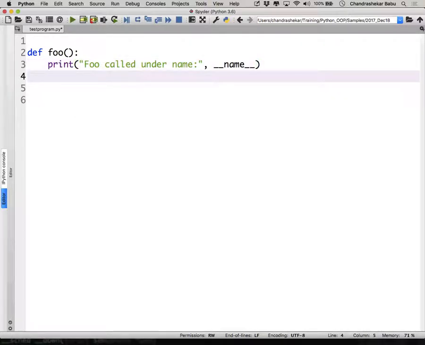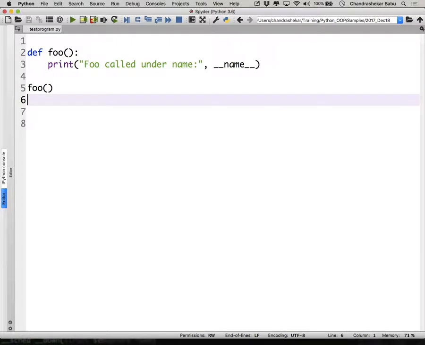Think of all these variables or attributes starting and ending with double underscore as special attributes or special variables. There's one special variable called __name__, which results to the current executing namespace, or the name of the module to which the execution belongs. And I'll call the foo function here.